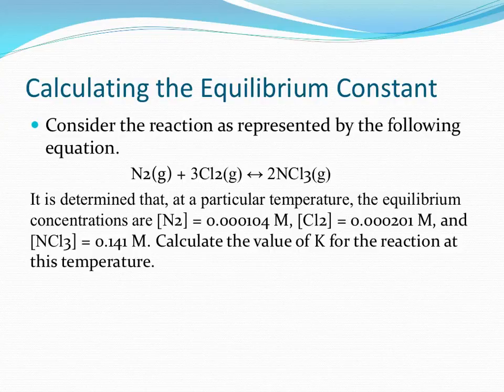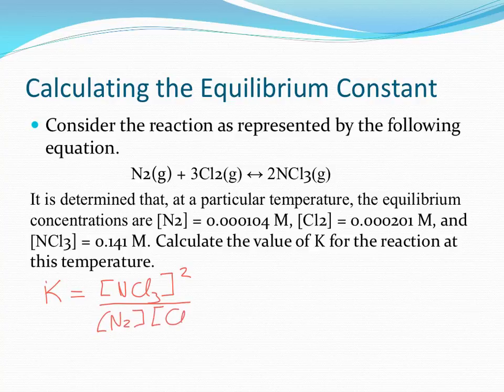This next one, I'm going to calculate the equilibrium constant. So the first thing I need to do is write the equilibrium expression for that equation. Now, products over reactant concentration: NCl3 to the second power divided by nitrogen gas and chlorine gas cubed. So now I'm simply going to go through and add each concentration, so that NCl3, nitrogen trichloride, is